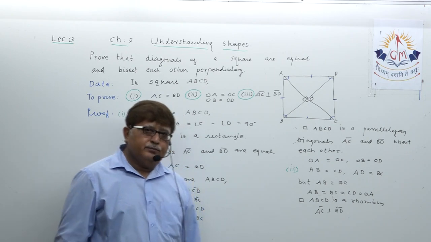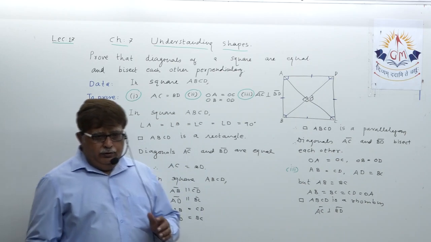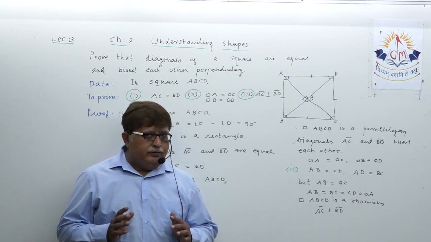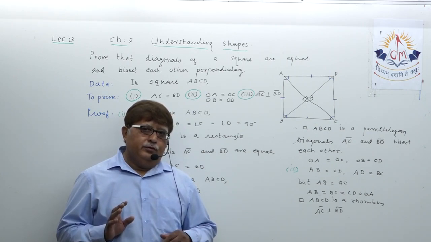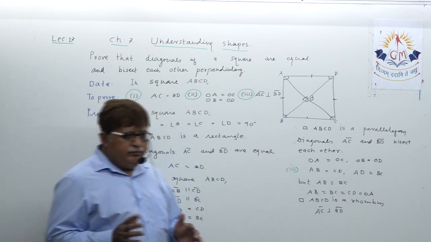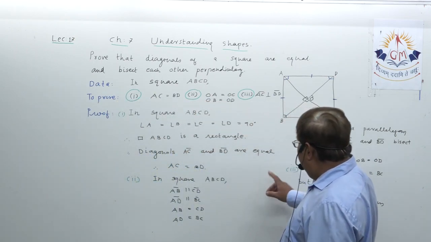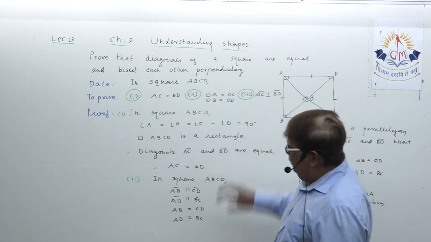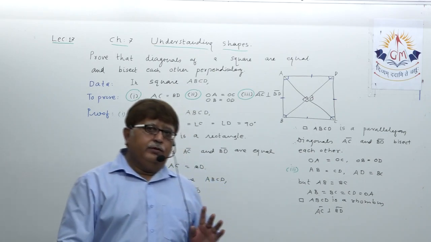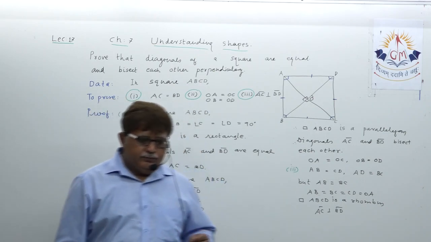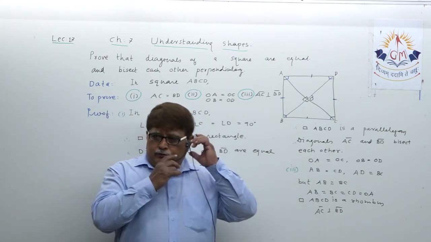So this way, when your theoretical concept is clear, it becomes easy for you to solve any MCQ, any true false, any one sentence answer. Understand? But your concept has to be very clear regarding square. Okay? Just to list out some of the